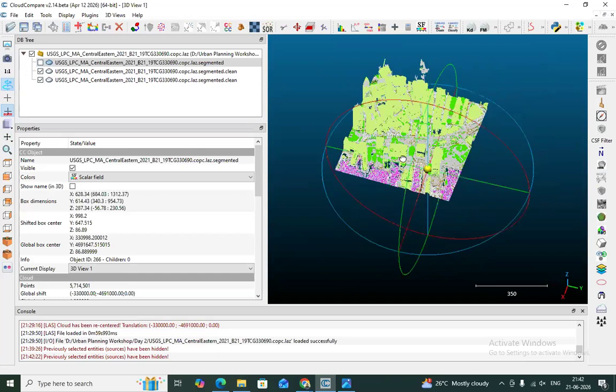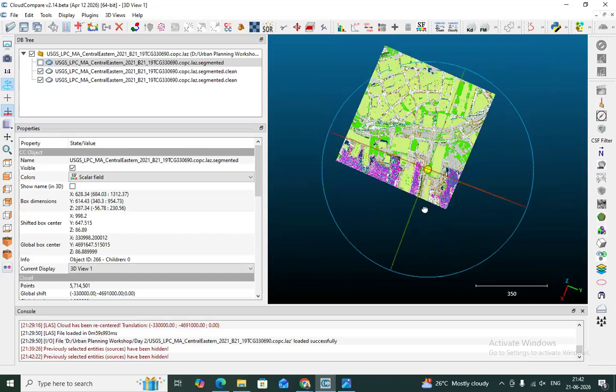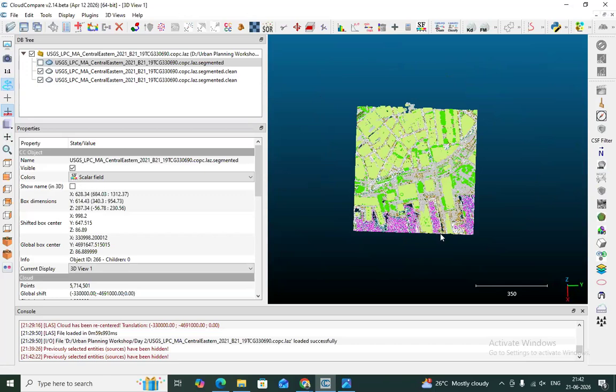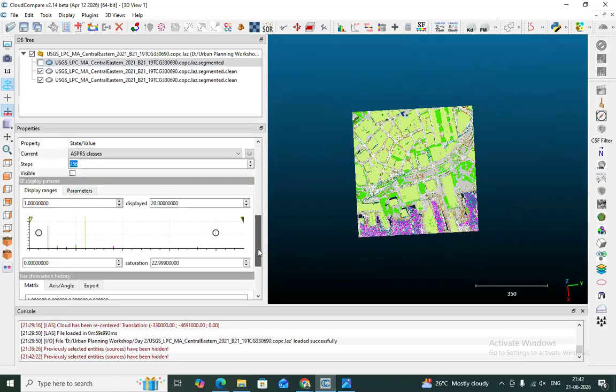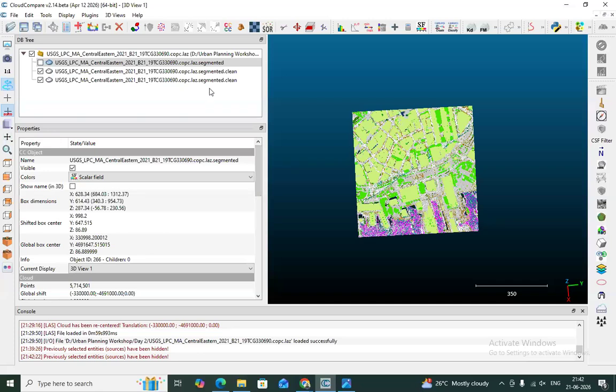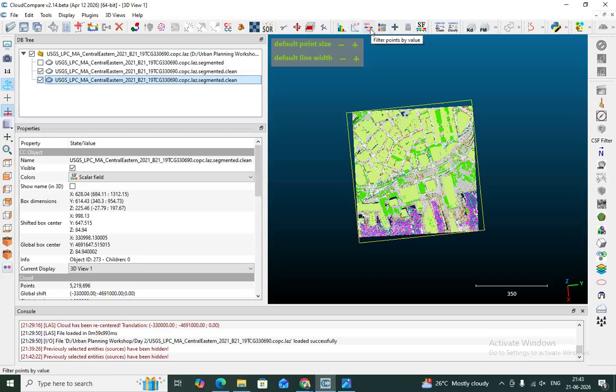Now, if you wish to extract the building and vegetation, just like in QGIS, you have options here also. What you have to do is select the layer, and then select this option, filter points by value.